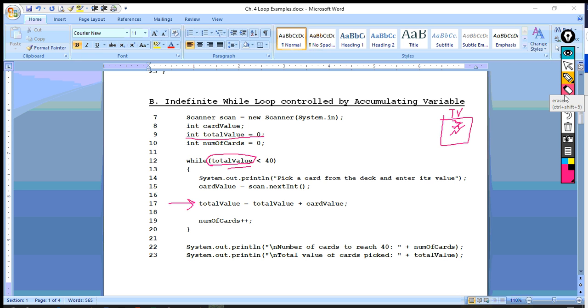Now, what happens here then is what's going to cause the loop to stop. So the total value, of course, of this is where they're picking up cards and entering their card value, and then the total value, the running total, is kept track of. So the total value, of course, starts at 0, and obviously 0 is less than 40, so it jumps into